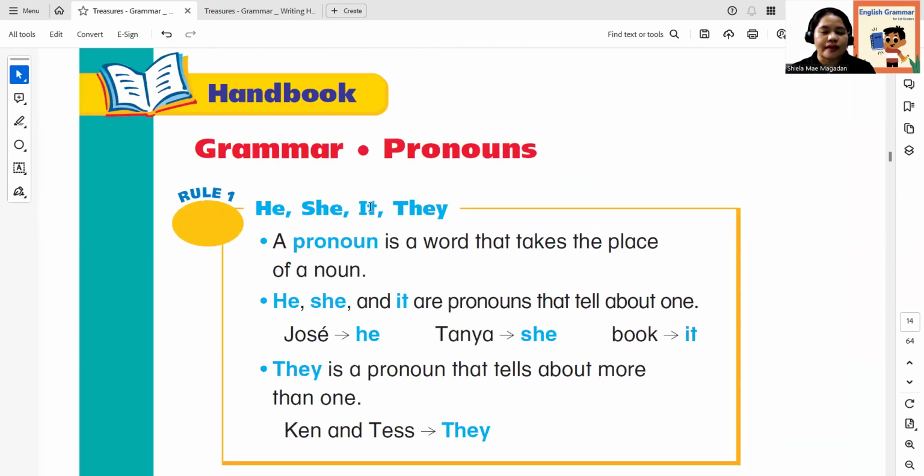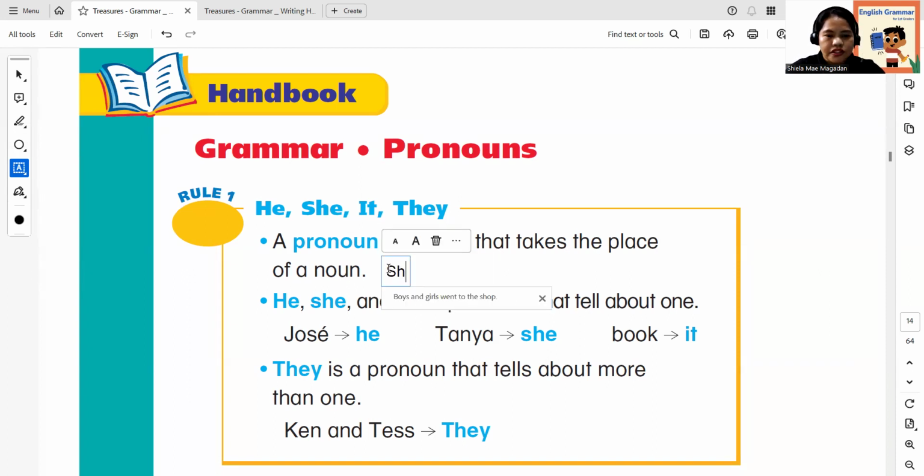Next part, grammar, pronouns. Let's proceed to pronouns. He, she, it, they. A pronoun is a word that takes the place of a noun. Once more, a pronoun is a word that takes the place of a noun. Let me share an example here. My name, Sheila, cannot be a pronoun. It's always a noun. But it becomes a pronoun